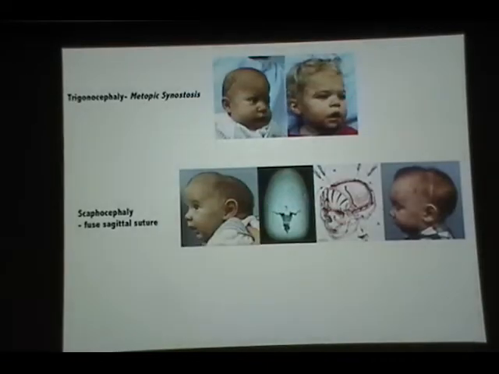For example, trigonocephaly, the metopic suture fused too early. So now the metopic suture is sitting here. The two frontal bones start out as two bones and fuse into one. Metopic suture is here, so now the head is growing parallel, or displacing parallel to that suture. So you have this large dome that's sitting here. You can go in and correct it, remodel the skull, the brain will respond underneath it, and you can get